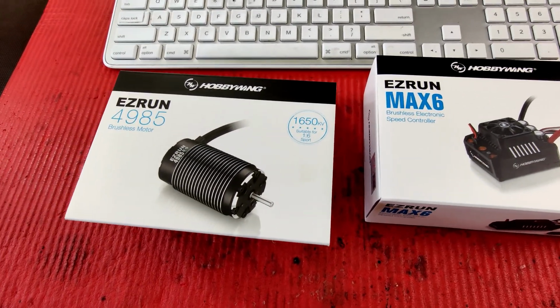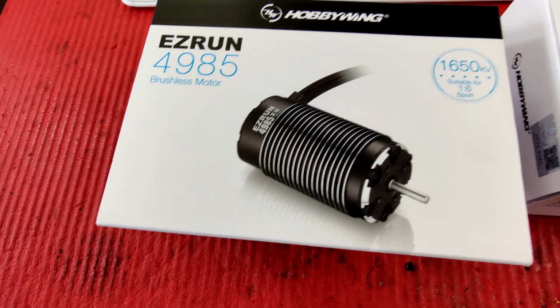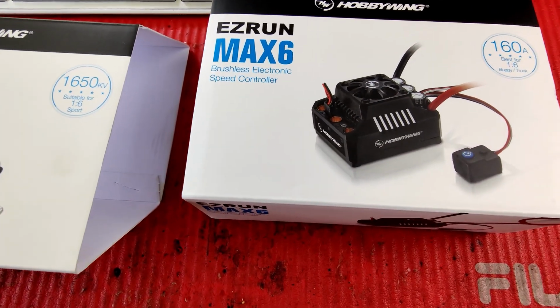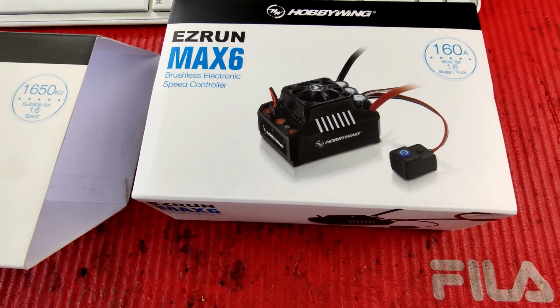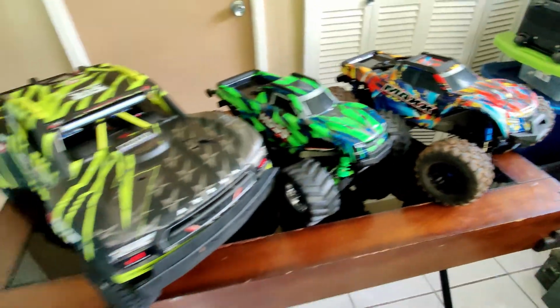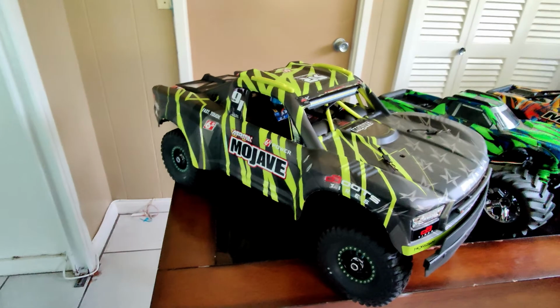And I have an EzRun 1650 kV motor that I put in the Mojave. I put the Max 6 ESC also in the Mojave, and we got it into the Traxxas Max. So this is what we got here today. We got these three here, and I want to show you what I did so far. The first upgrade that I did do was on the